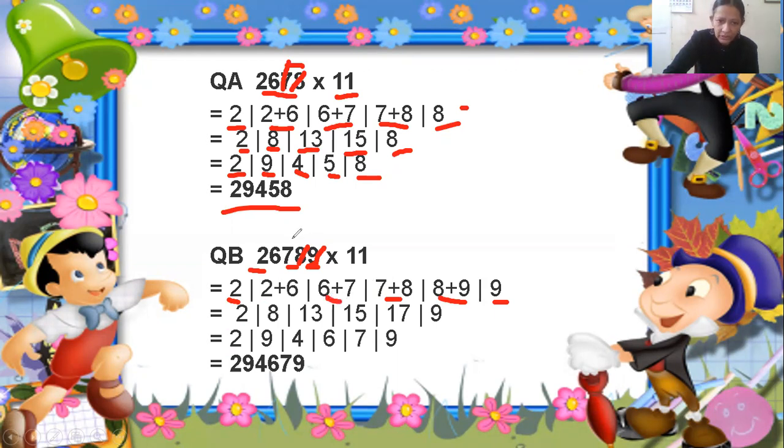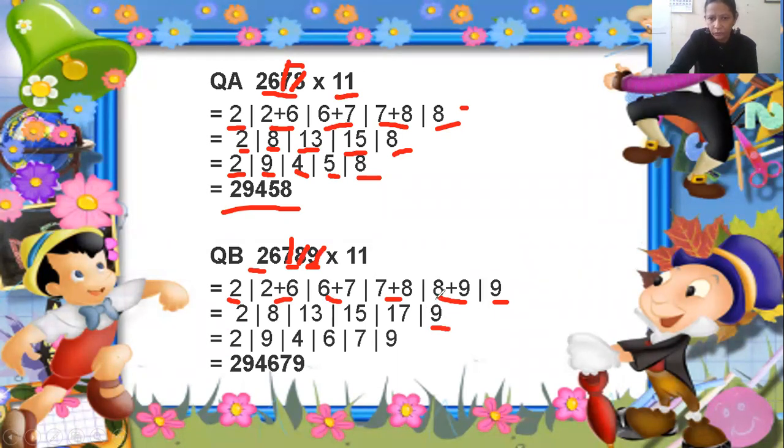Now you ignore this 7 also. You see what are the next two digits? 2 and 6 are left. So 2 and 6 are the next two digits. So you write down 2 plus 6 here and put a slash. 2 here is as it is, as you have already done. In the next step, you have to solve this. Now see, 9 is as it is, you have written here.